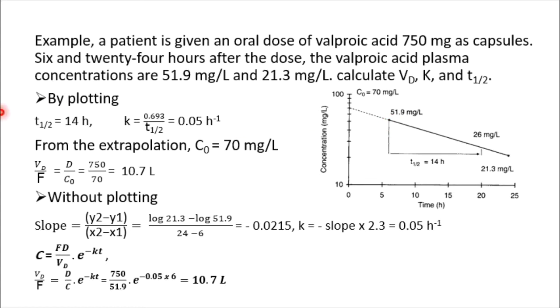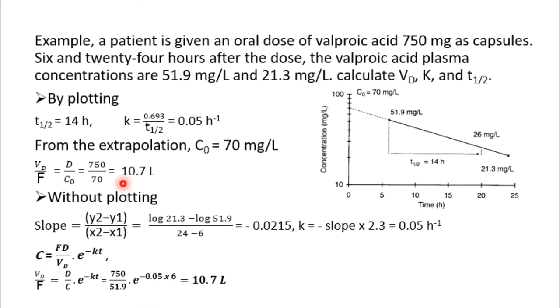We can then simply calculate the elimination rate constant. Again, by extrapolation of this straight line to the y-axis, we can find the hybrid constant, the volume of distribution over F. First, we find the plasma concentration at time 0, which in this case is 70 milligram per liter. Then the hybrid value is dose over plasma concentration at time 0,